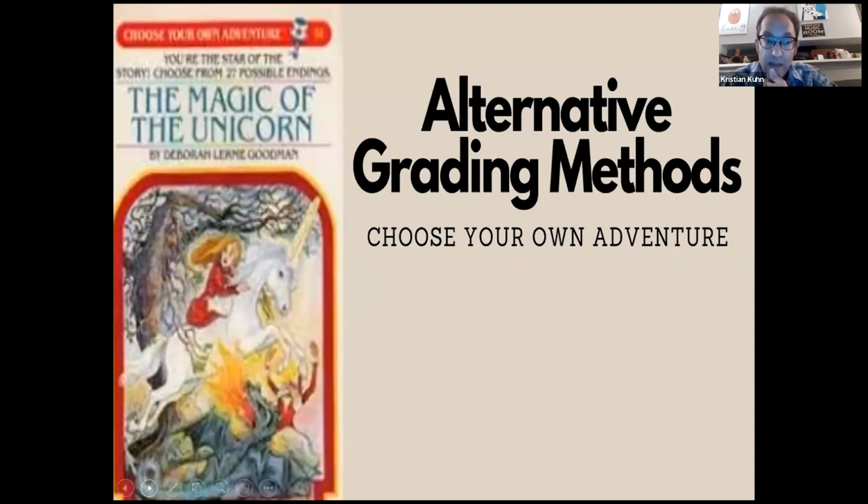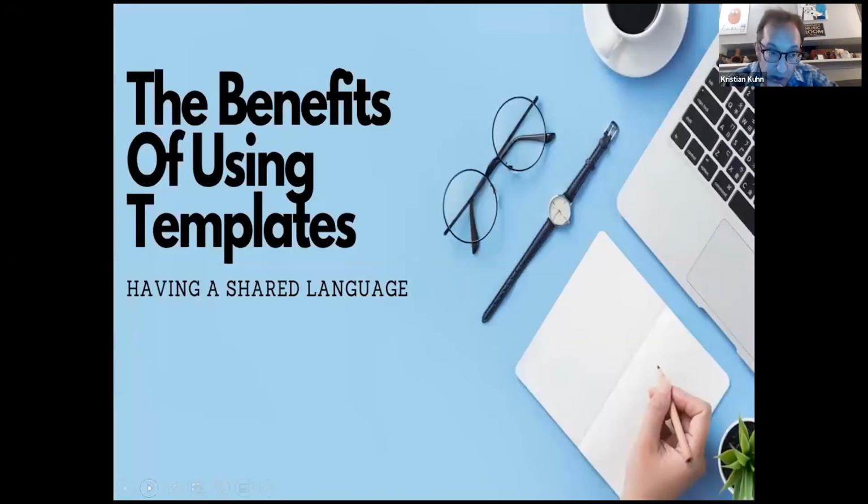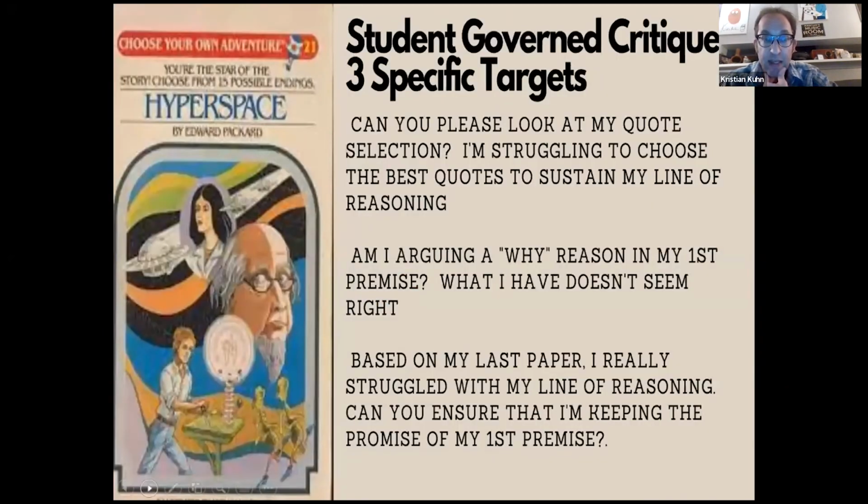So with this one, I have them do something that looks like this. Set 3 learning targets, or tell me 3 specific things that you want me to look for in your writing. And I will exclusively look at those 3 things. And if there's something really egregious that's poking its head, then I'll alert the student to that. But it allows me to have a conversation with them about what they deem to be important. And it's in the language of learning targets is what that looks like in my classroom.